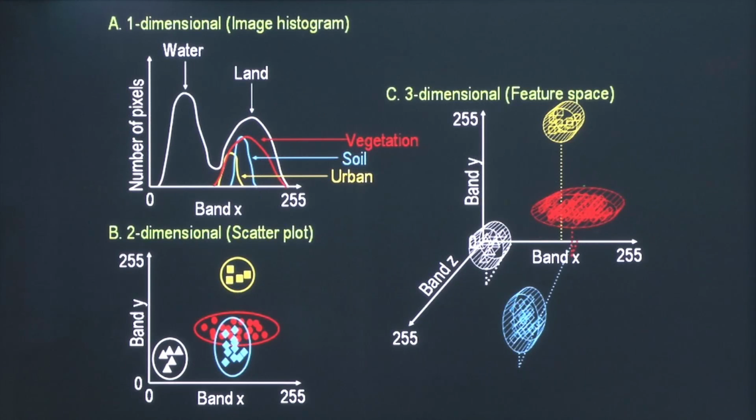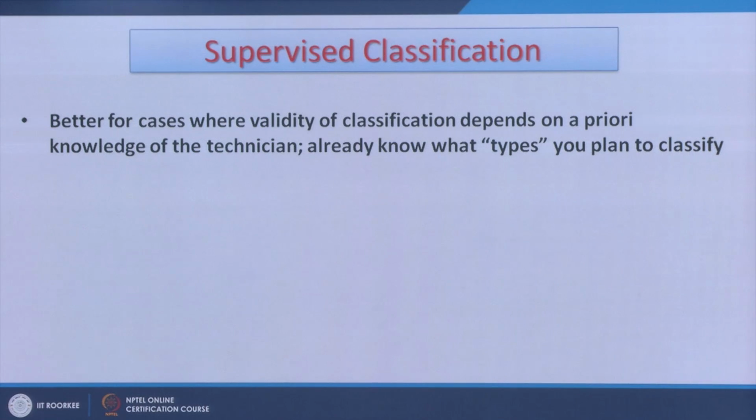But the best thing, whatever is available, if we plot here, then we can discriminate different features based on the 3 bands' characteristics, and generally like we perform on a color composite. So the 3 bands will have their plottings, spectral characteristics, and then classification can be done. So better, as has been mentioned, the better we train the system, the better the classification, for the cases where validity of classification